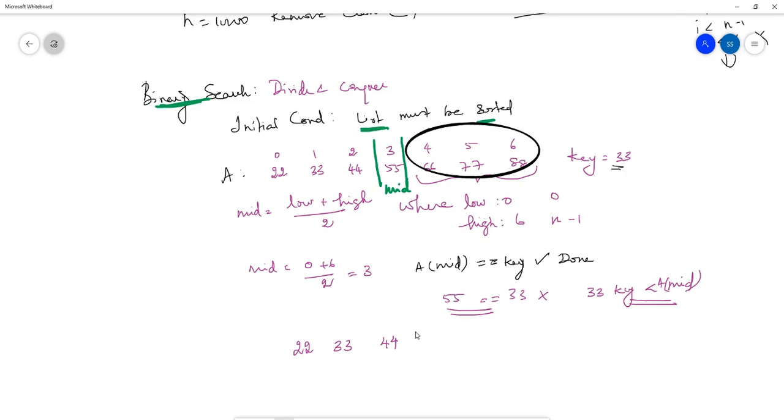33. So now since the middle value is greater than the key value that is being searched, the high position must be modified. So high should now become mid minus 1. So the low value remains the same, we are not going to change the low value. So here, to make it very clear,